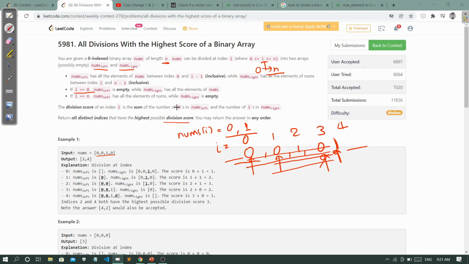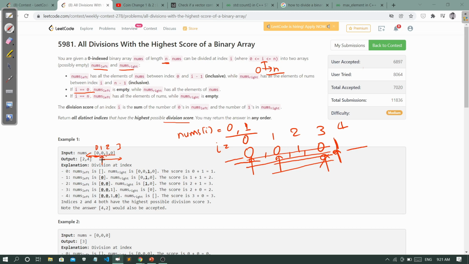The division score is defined as the sum of the number of zeros in the left subarray and the number of ones in the right subarray.